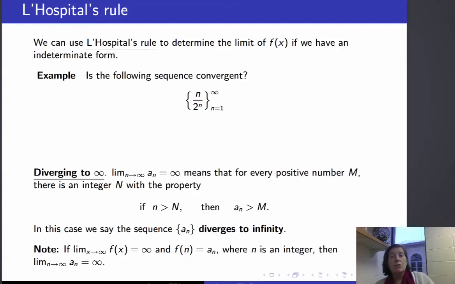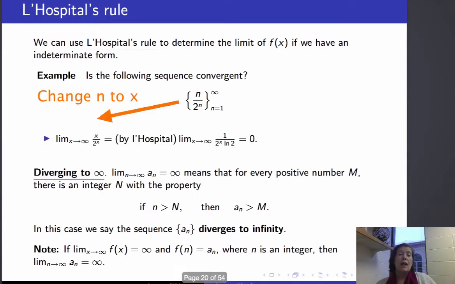Well, we can also use L'Hopital's rule when we're calculating the limits if we can convert our function of n to a function of x. So let's suppose I want to figure out if the sequence n over 2 to the n converges or diverges. Well, I can put an x in there and get a function of x over 2 to the x, and now calculating the limit as x goes to infinity, this is an indeterminate form of type infinity over infinity, but